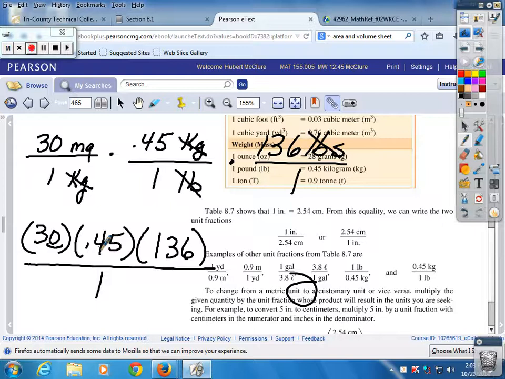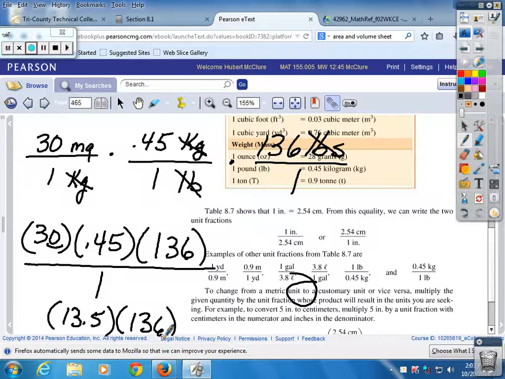So I'd say it's around 13.5. Somebody check it and see. What's 30 times 0.45? 13.5. Okay, so we got 13.5 times